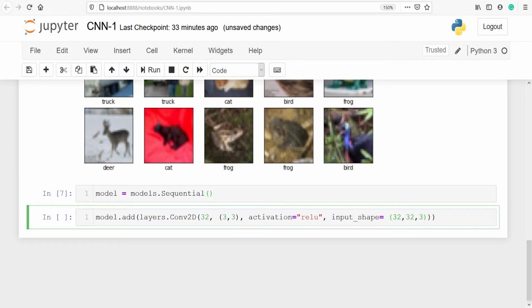Because this is a colored image, so this is for RGB, red, green and blue.